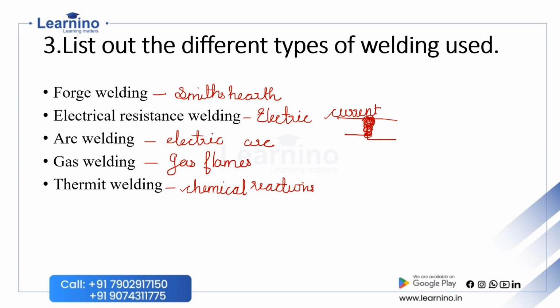Okay, and how is it raising the temperature of the portion? With a workpiece or an electrode like thing, we can increase the temperature of that portion. So the welding machine raises the temperature of the portion of the workpiece so that it can fuse them. Okay, and depending upon the type of heat production, welding process can be classified as electrical resistance welding, arc welding, gas welding, thermic welding, forge welding.